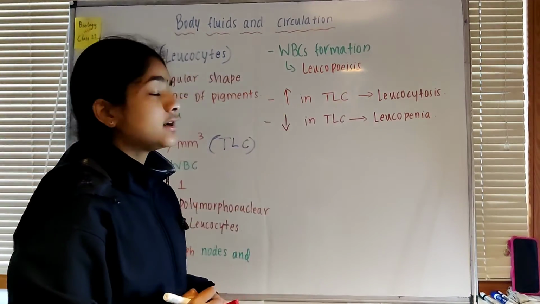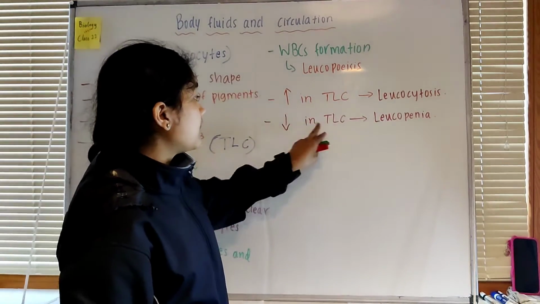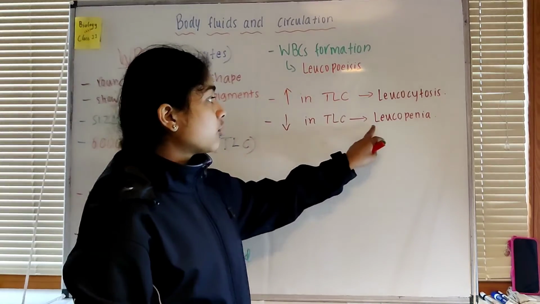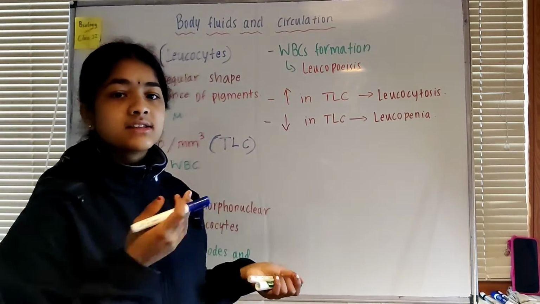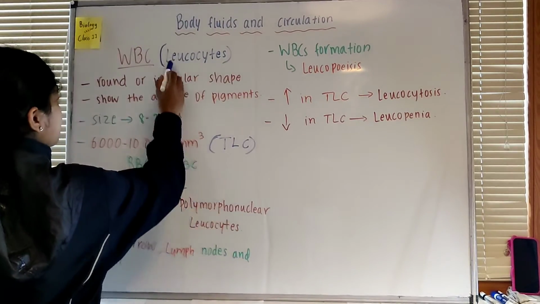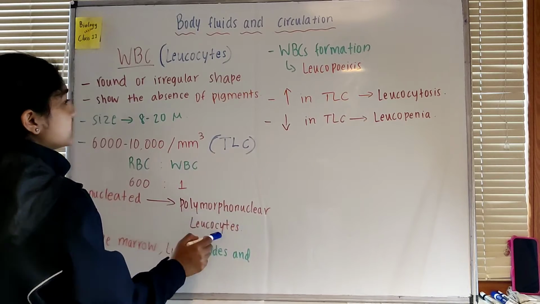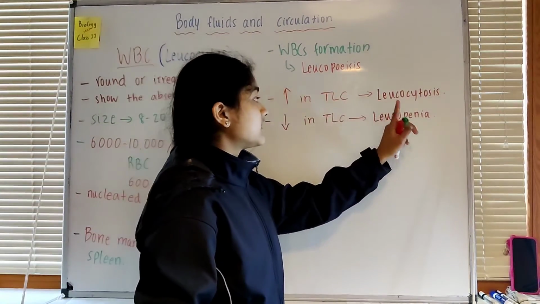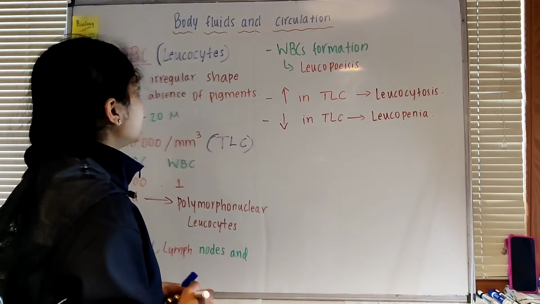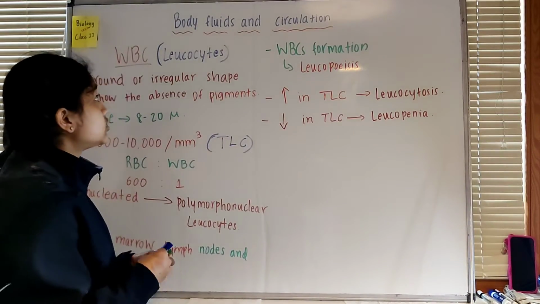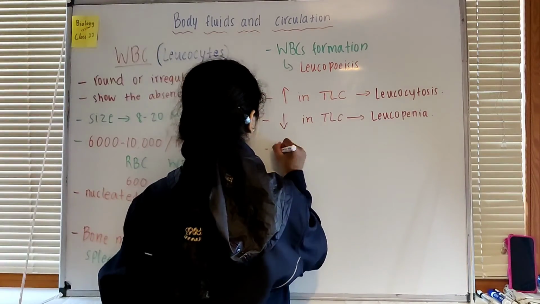So these are two different terms that we need to understand. Leukocytosis is an increase in TLC. Leukopenia is a decrease in TLC. Leuko means something related to the leukocytes, that is the WBCs. That's why here also we have seen leuko, and here as well polymorphonuclear leukocytes, and here as well leukopoiesis, leukocytosis, leukopenia. Now there is another special property that's shown by these leukocytes, that is known as